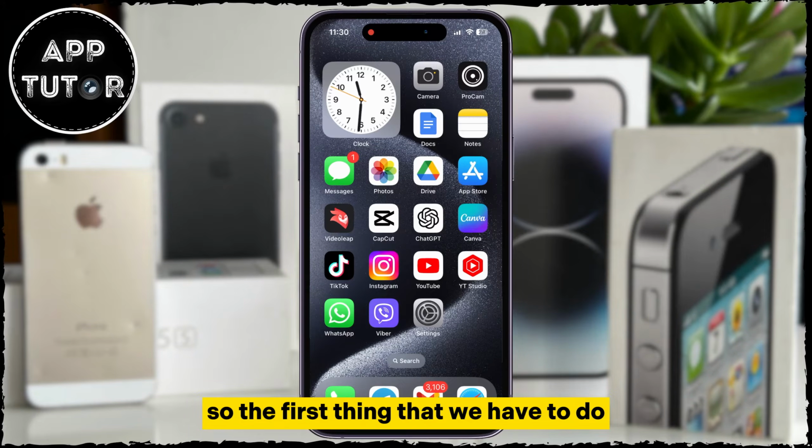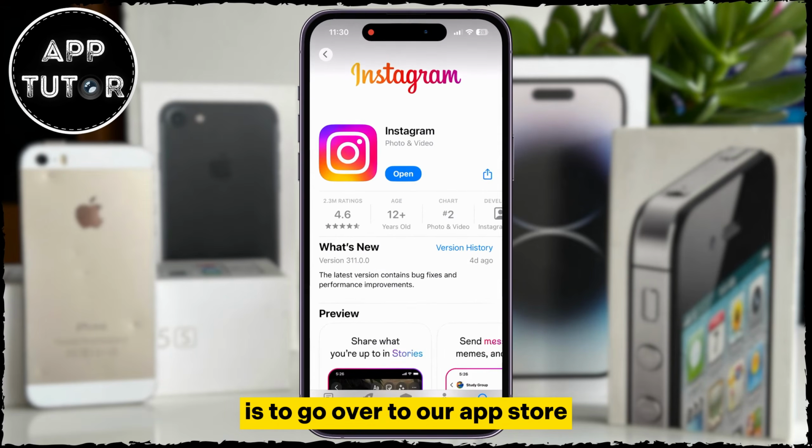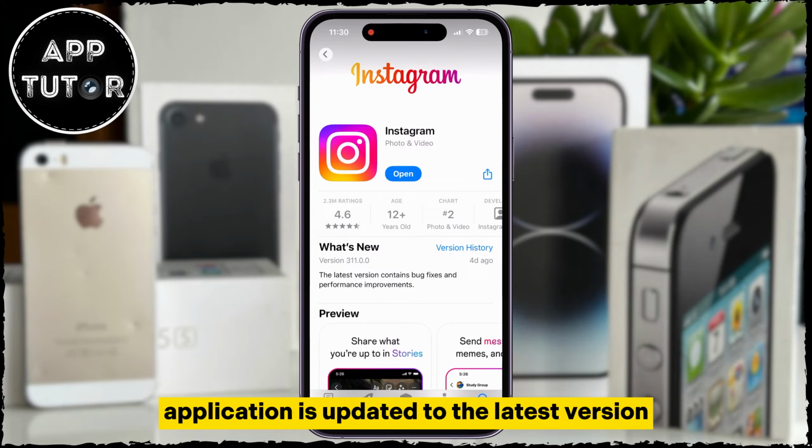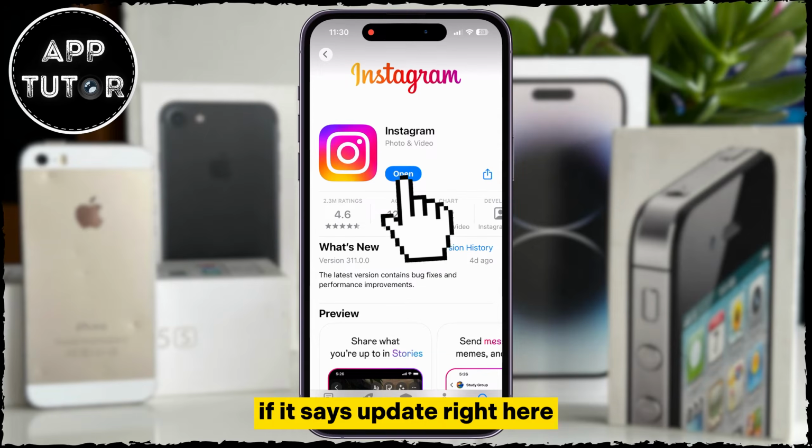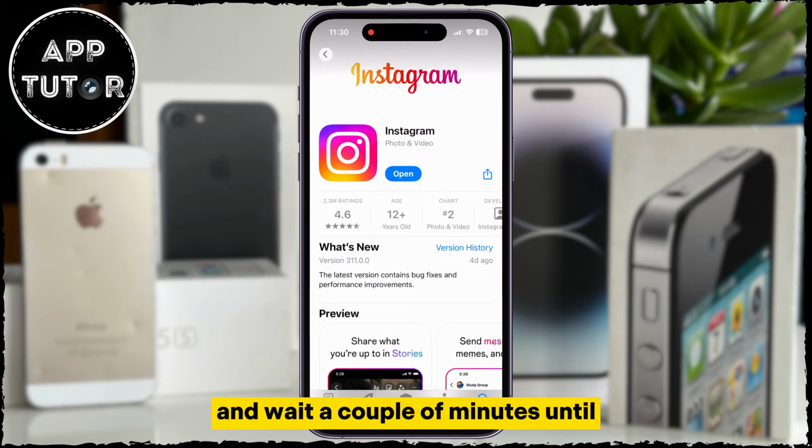So the first thing that we have to do is to go over to our App Store if you are on your iPhone, or the Google Play Store if you are an Android user, and simply check if the Instagram application is updated to the latest version. If it says Update right here, click on that button and wait a couple of minutes until the latest version